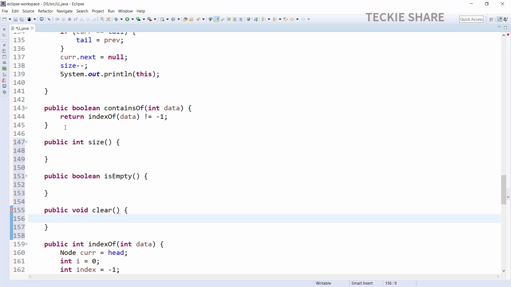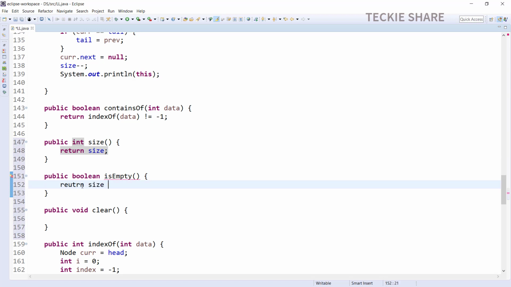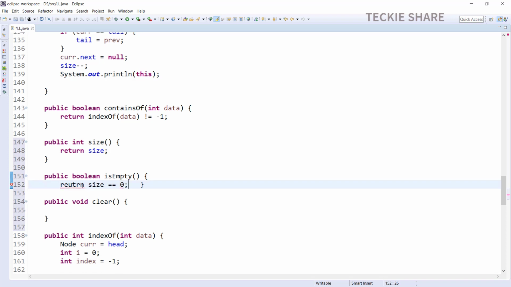First I'm going to implement the size method. You simply return your size field which you already have in your linked list. Once your size equals 0, your list is empty. And the final one, the clear method.